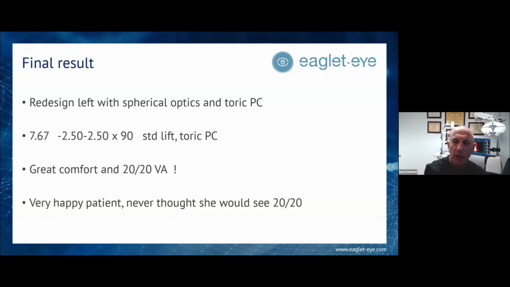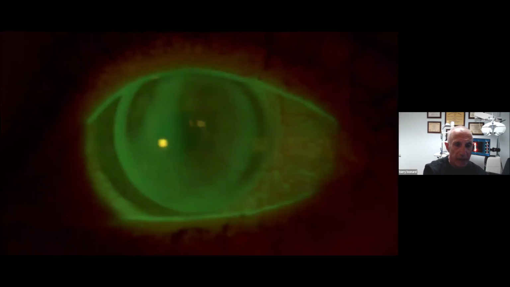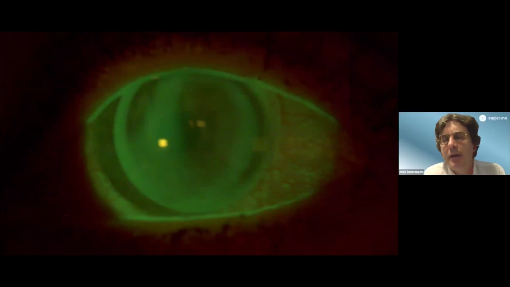But this is in large part due to the corneal elevation maps that are very valuable in the eaglet. And again, I think a lot of us overlook how powerful the corneal information is, as well as the scleral. And there was the final lens, and she was just very happy. So Dr. Leonard, what made this eye, from a fitting perspective in your view,